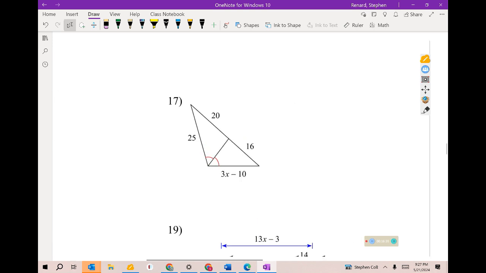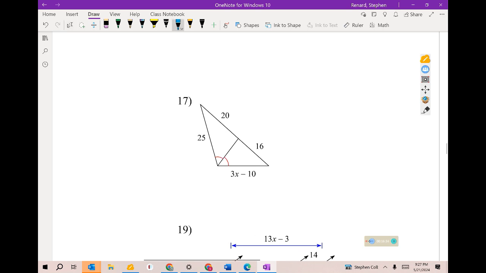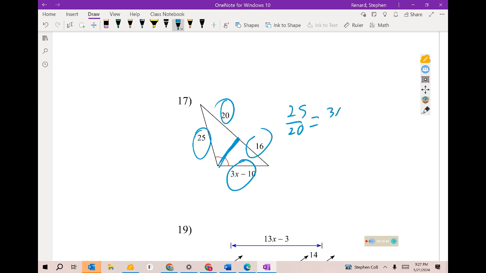So this is proportionality within a triangle. Remember, if we have the angle bisector right here, that these are proportional to these. So we have 25 over 20 equals 3x minus 10 over 16. And again, we're just going to cross multiply. So we have 20 times 3x minus 10